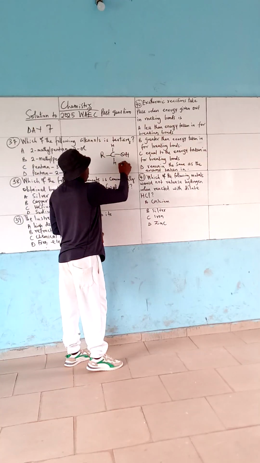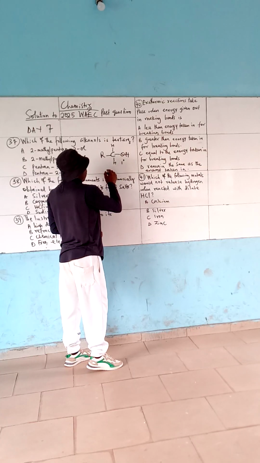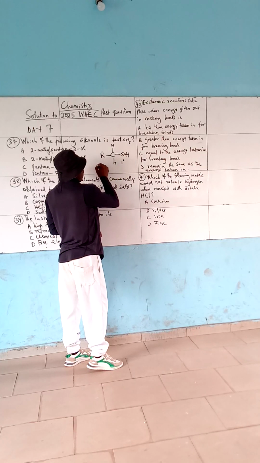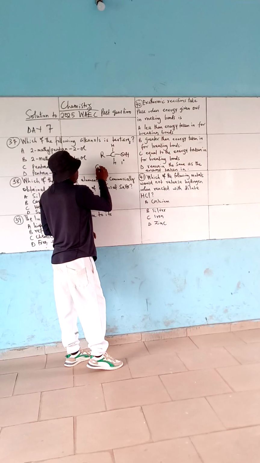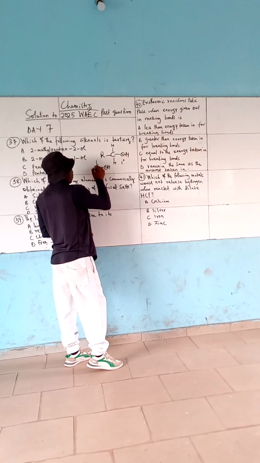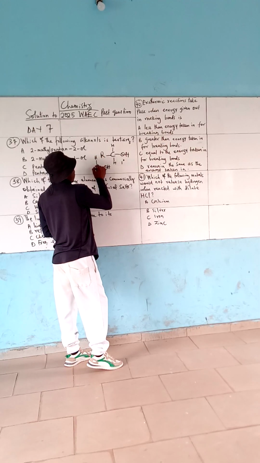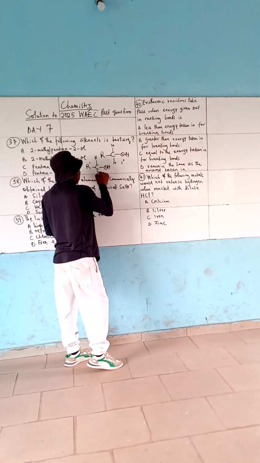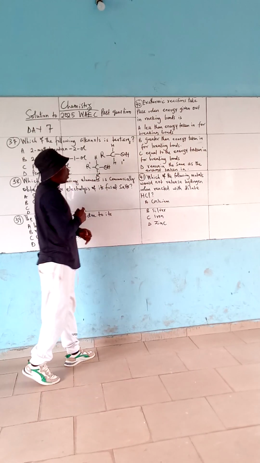This is a primary alkanol with degree 1. But if you have an alkanol with a carbon atom bearing the functional group surrounded by 1 hydrogen and 2 alkyl groups, let's say R'1 and R'2, this is a secondary